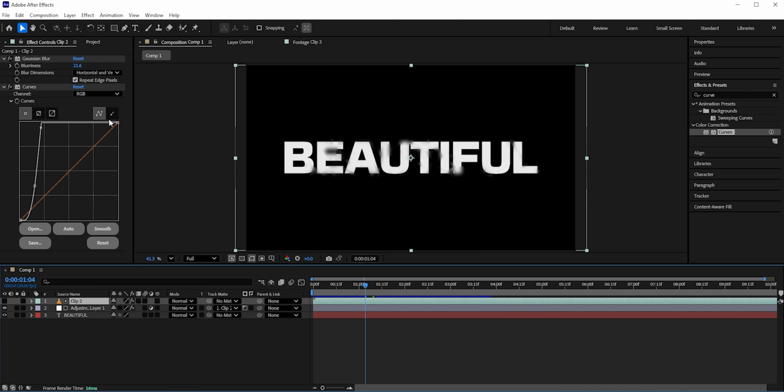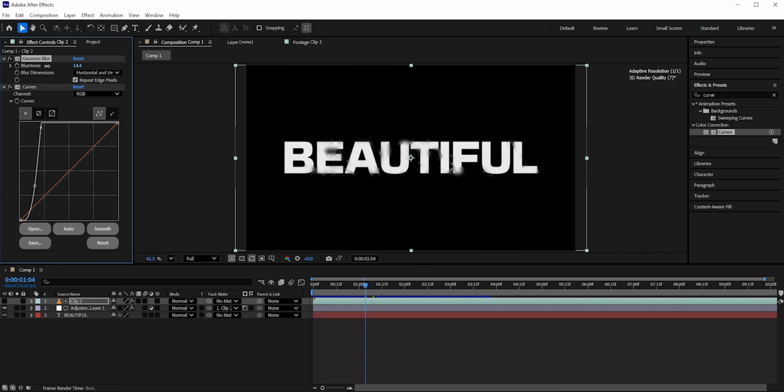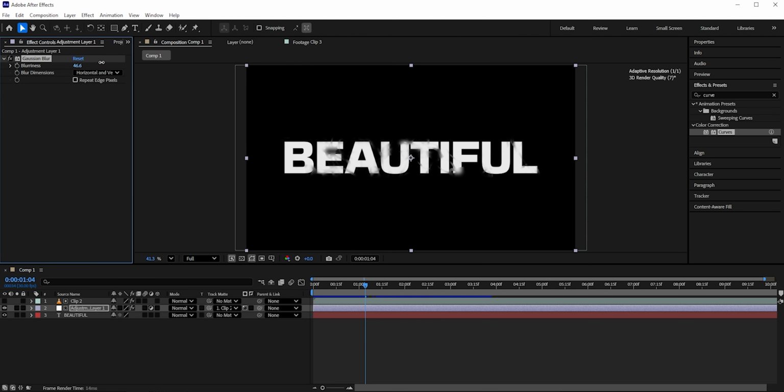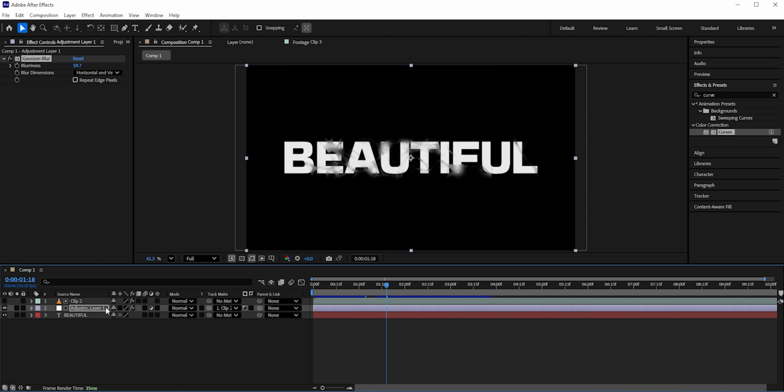From effect controls, you can always adjust the blurriness for the smoke layer or for the adjustment layer. Increasing the blurriness will make the smoke softer. If you want the smoke effect to apply only at the upper part of the text, then click the adjustment layer